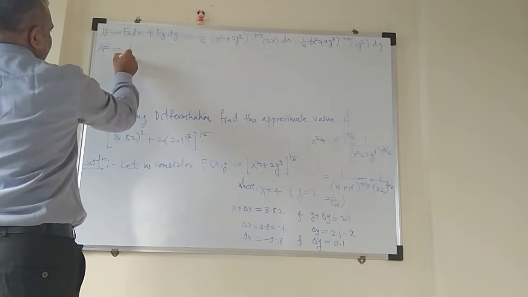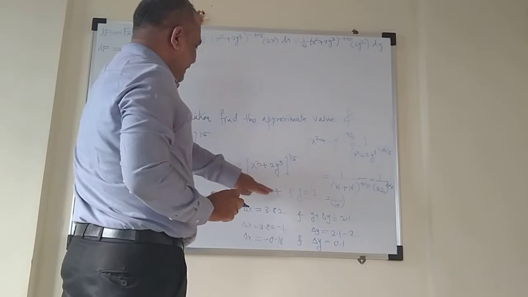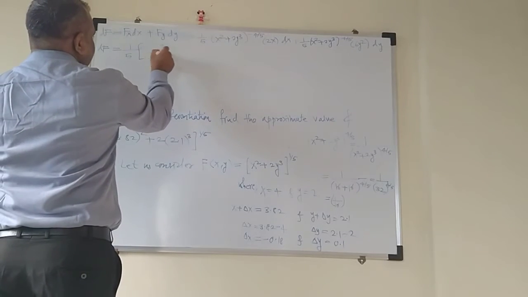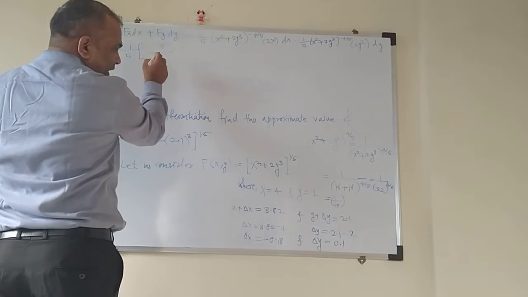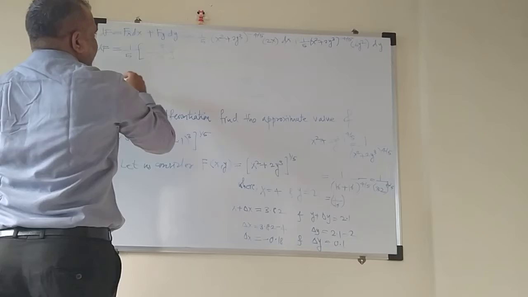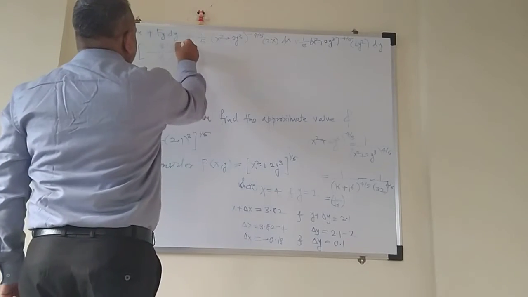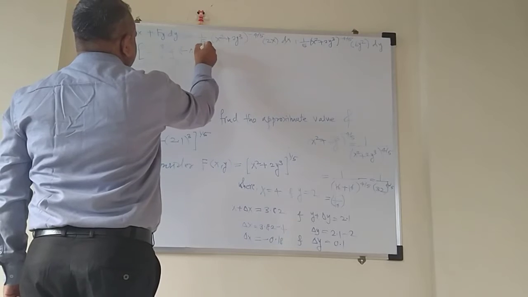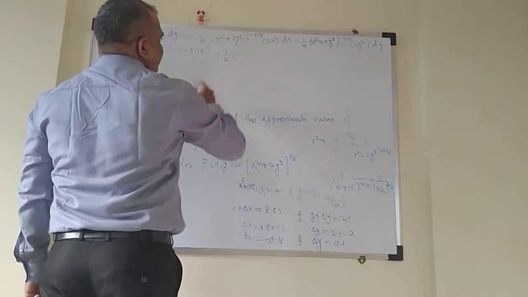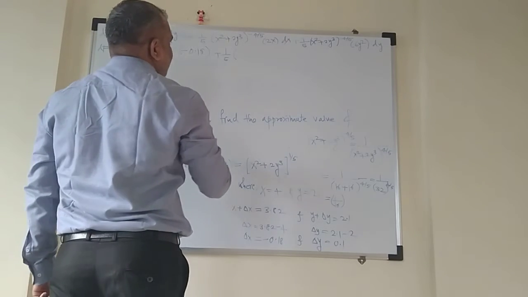So 1 upon 5 into bracket. Now this is 2x, that means 2 into 4, that will be 8, divided by the value of this complete bracket, which is 1 upon 16. So 8 by 16. And what is the value of dx? dx is equals to negative, minus 0.18, plus 1 by 5 into (x² + 2y³), and its value is constant, that is 1 by 16.